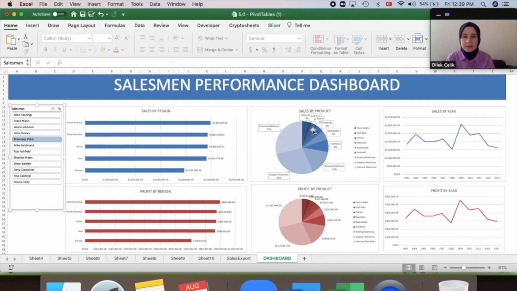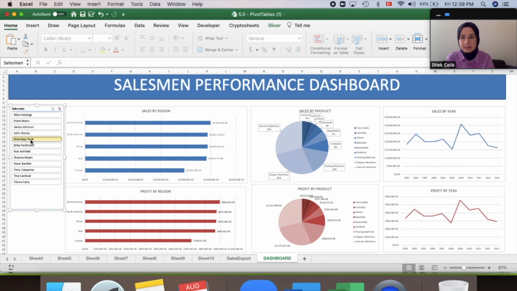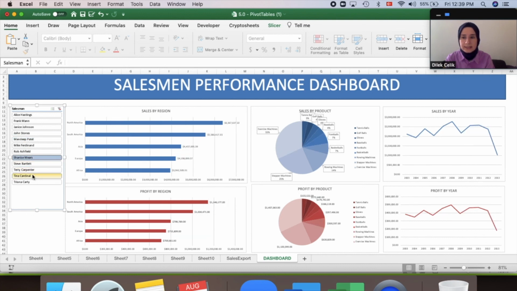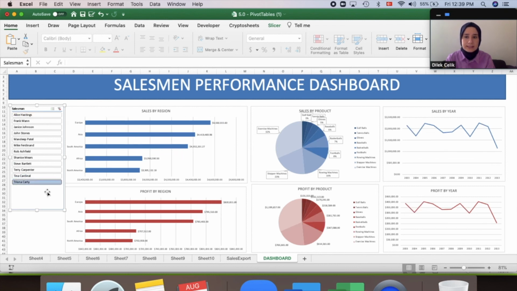Okay, guys, now my charts are linked with my slicer. When I go and select some of the salesman, you'll see that the data is changing according to that. So if I go and select this guy, I will be seeing this guy's sales activities and profit activities, right? So the data will be changing according to the slicer. So this is how you can develop a dashboard, guys, and this is basically how you can develop a complete